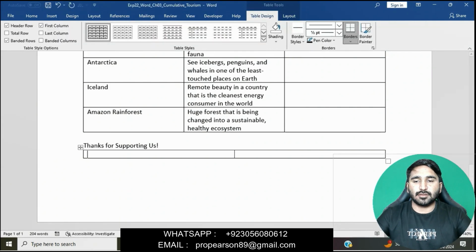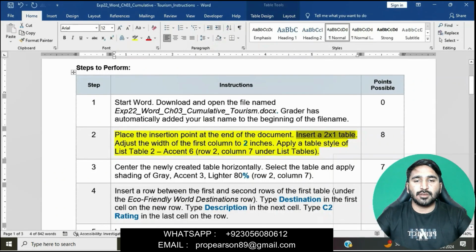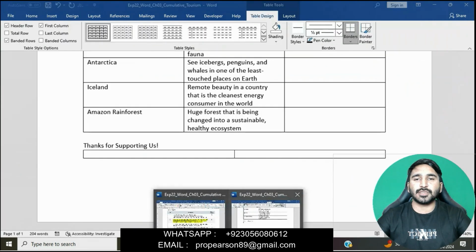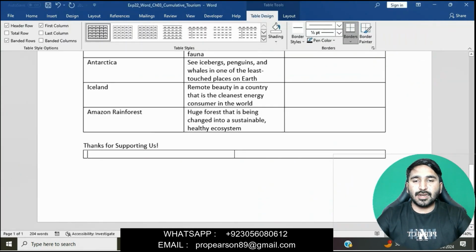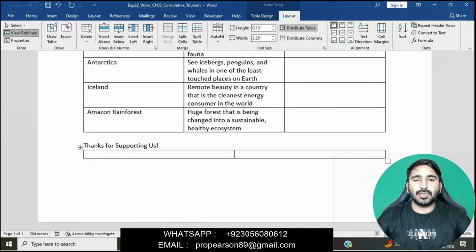This table is inserted here. Now adjust the width of the first column to 2 inches. We will select the first column, go to the Layout tab, and in the Cell Size group adjust the width of the first column to 2 inches.